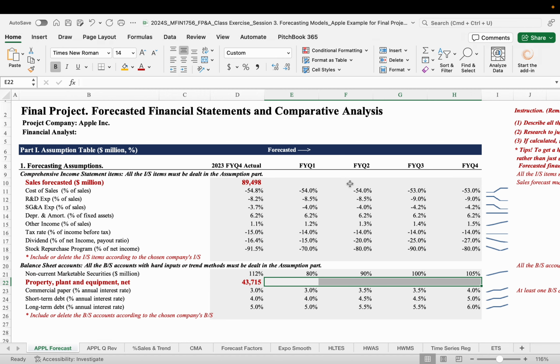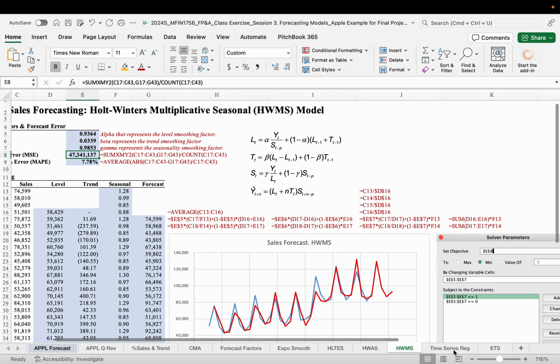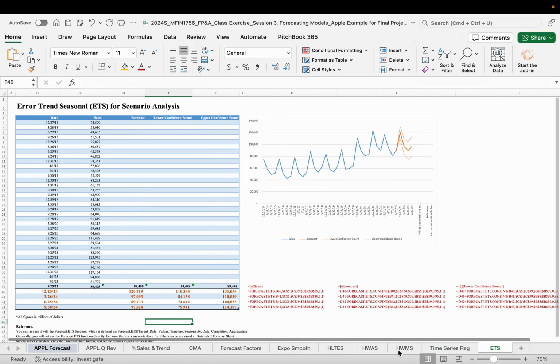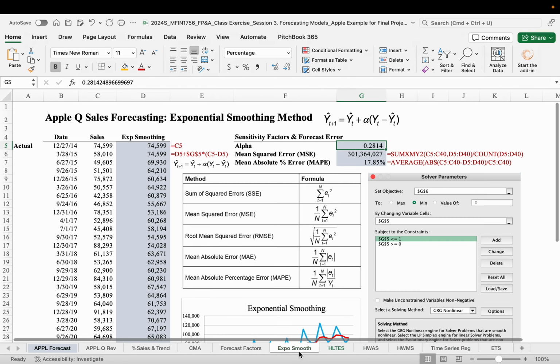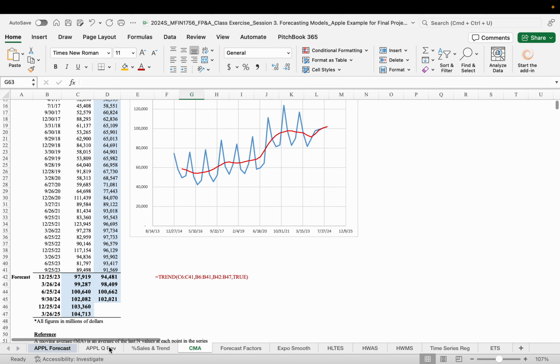Hello, students. Now let's finalize the forecasted financial statement and comparative analysis. As we completed all the models for forecasting sales, right? So here now,